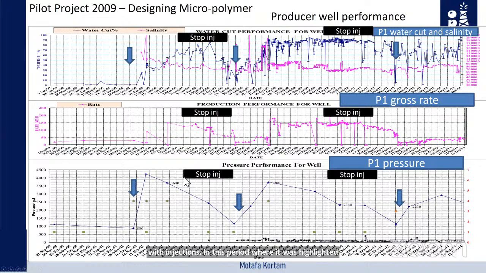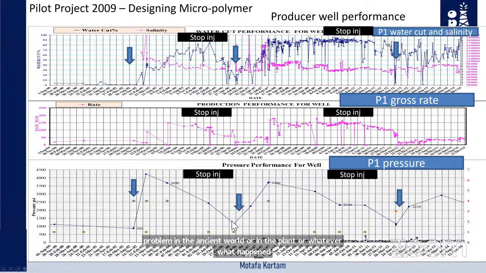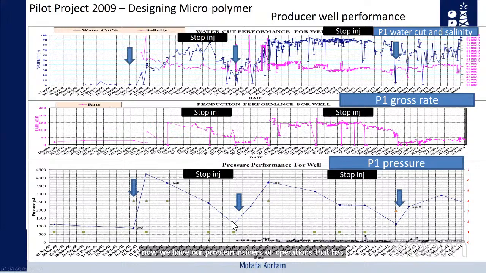that occurred for any reason, which we ignore. For example, a problem in the injector well or in the plant, or whatever happened. Now we have a problem in the reservoir pressure, which has declined because there is a lack of energy. It has impacted the production rate, or the growth rate. Also, the water cut has decreased accordingly, and the salinity may show some increase in